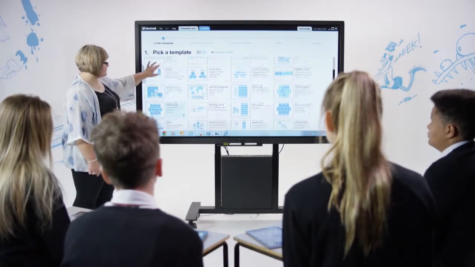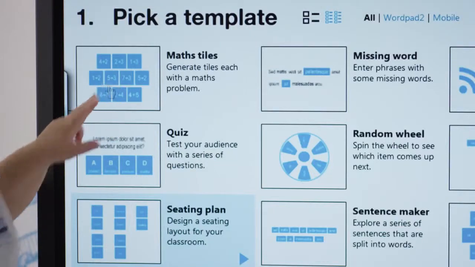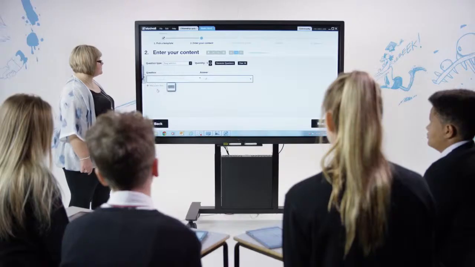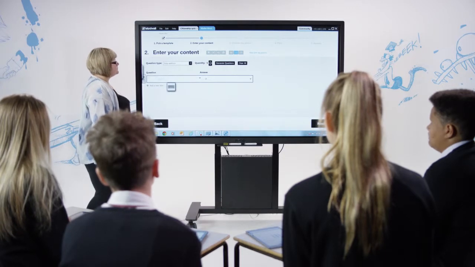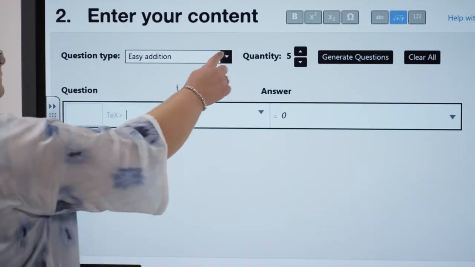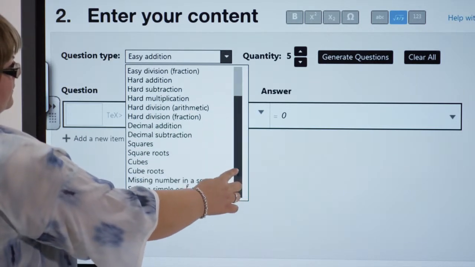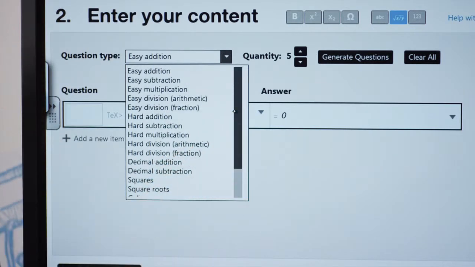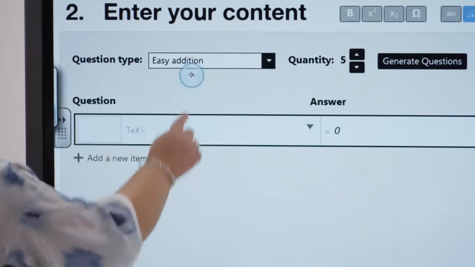The Maths Tiles game is one of the templates that already has content built in to use, as it auto-generates maths questions. You can create a series of these to explore. Just click on the arrow next to Question Type. Here you can see the selection of question types. For example, you could select 5 questions from the subjects Easy Addition,